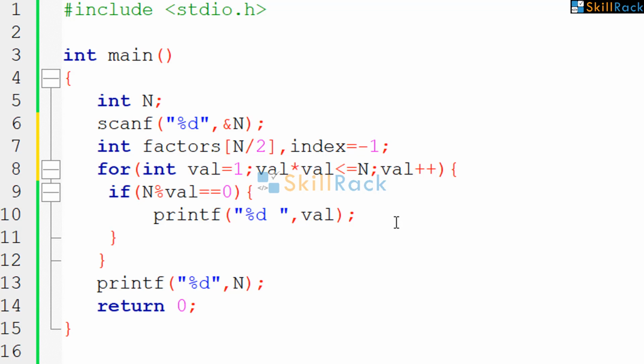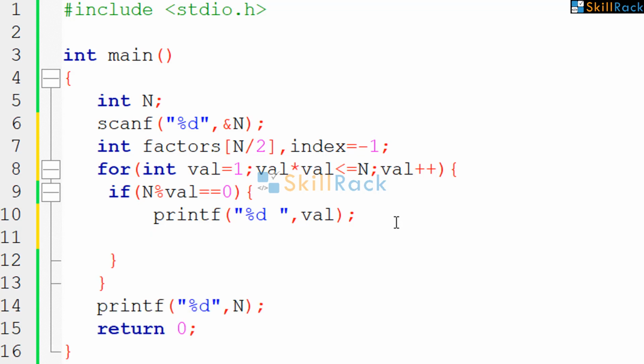We are storing it in the factors array. So, we are saying plus plus index because it is -1. So, it has to come to 0 so that it is a valid index. N by val, because we saw that the pair can be obtained using n by that particular factor.